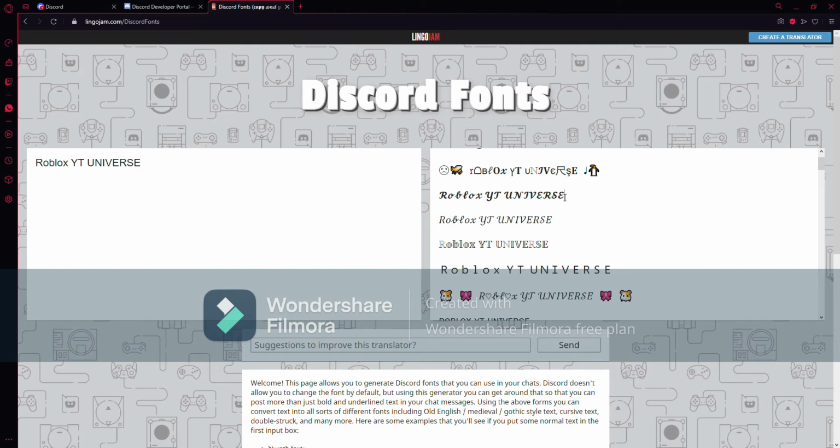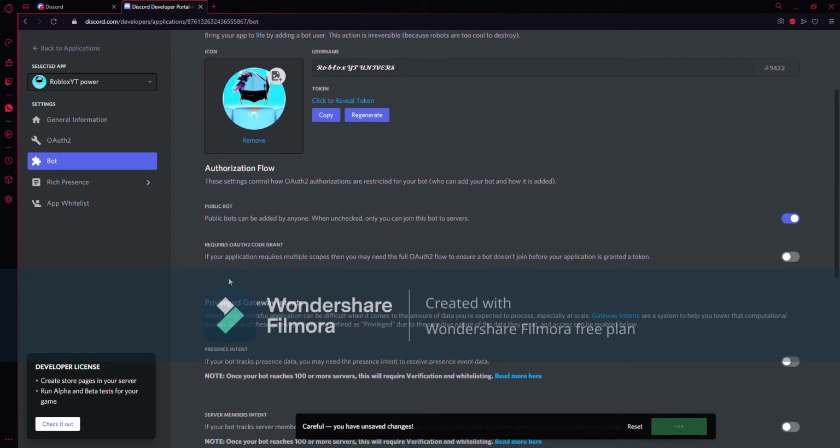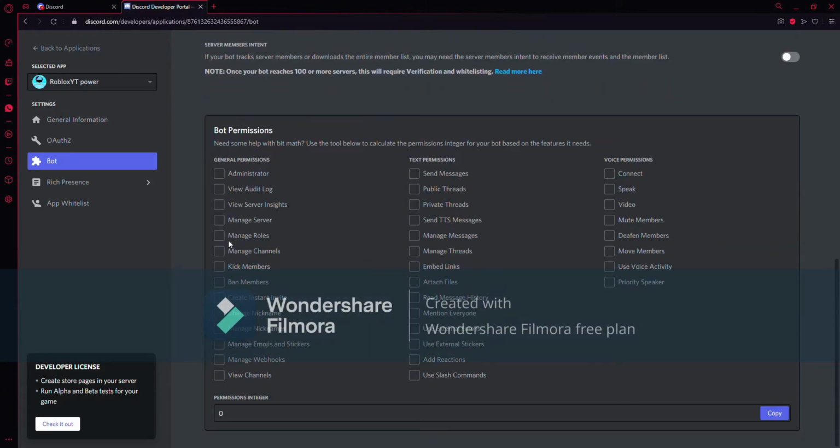I'm going to choose this one, it looks good. Just copy that. Now we have to close this, then right click, and you see space. Do that, and then save the changes.